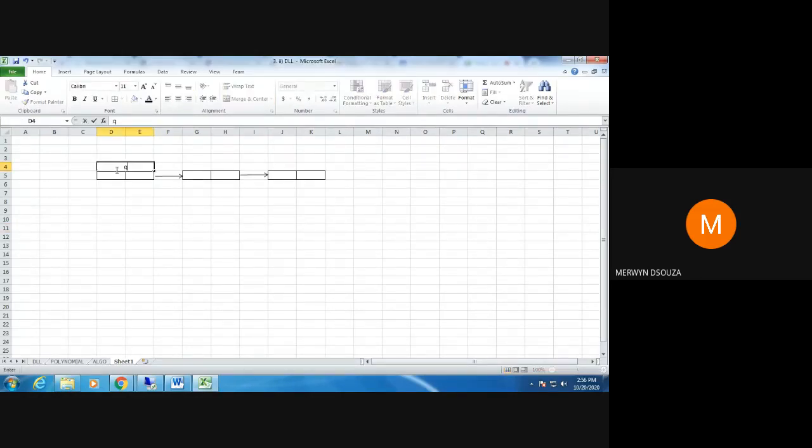You can call it Q. There will be data, say 10, 20, 30. The structure of the node is the same as a singly linked list, so there are just two parts of the node. Then you will have an address part. Suppose these are the addresses of the nodes.